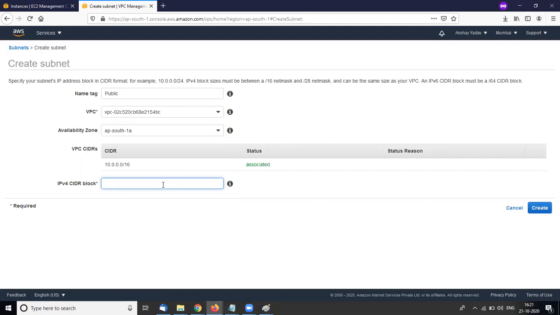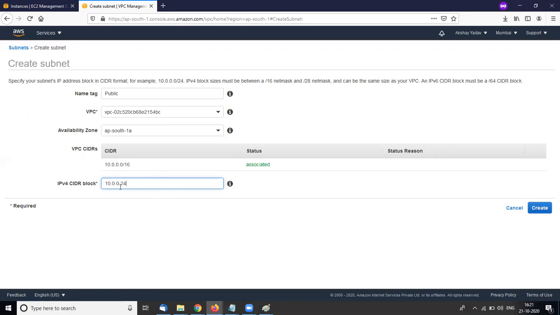You have to select /24 or /8 as per your requirement, because you have to provide connectivity between public and private. So here I insert 10.0.0.0/24.